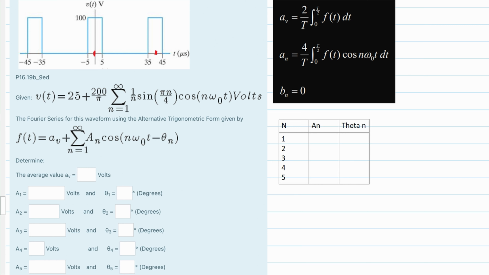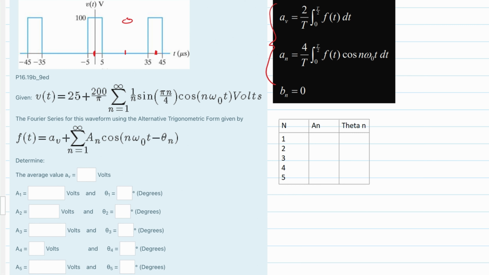And at, let's say, 20 right here, I think it is, we have even symmetry. Because if we were to take the whole left side and rotate it around the specific part, we would get the same thing on this other side. So we have even symmetry, and so we would use these down here to find our AV, our An, and our Bn. Now, when we need to find the actual values, A1, A2, A3, A4, A5, it's good